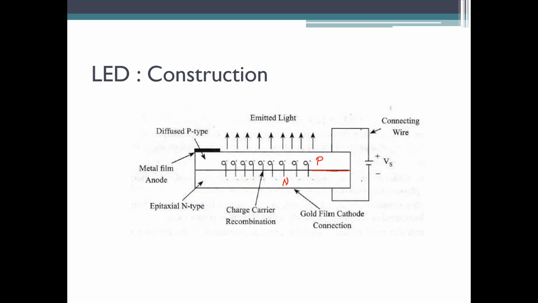Because of this, the PN junction, which is the diode, is forward biased. So you need to forward bias your LED. If you connect it in the reverse fashion, it is not going to work or emit light, because LEDs cannot work in a reverse bias condition, whereas photodiodes can. The functionalities are opposite: photodiodes convert light into electrical energy, whereas LEDs convert electrical energy into light. So you take an LED and connect it to a battery.